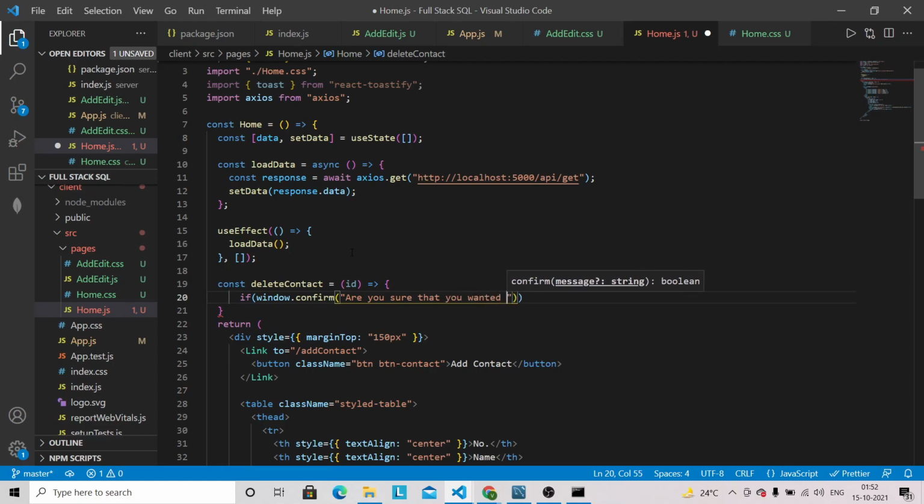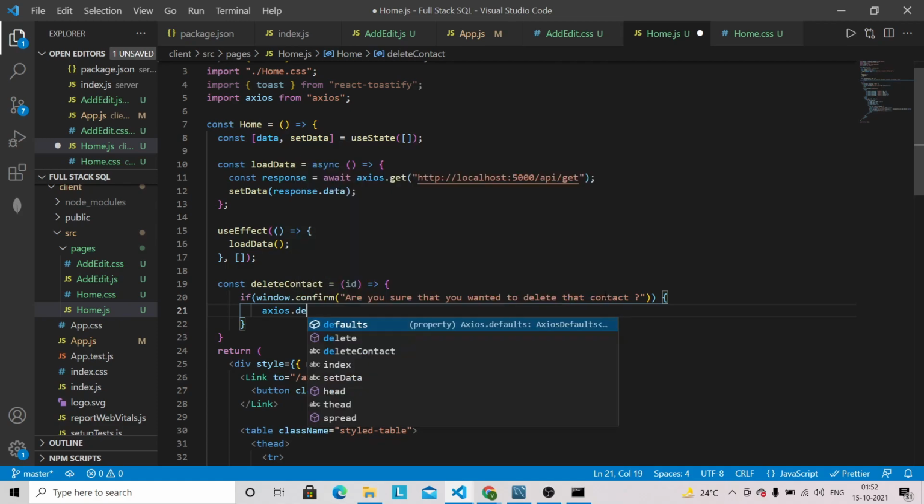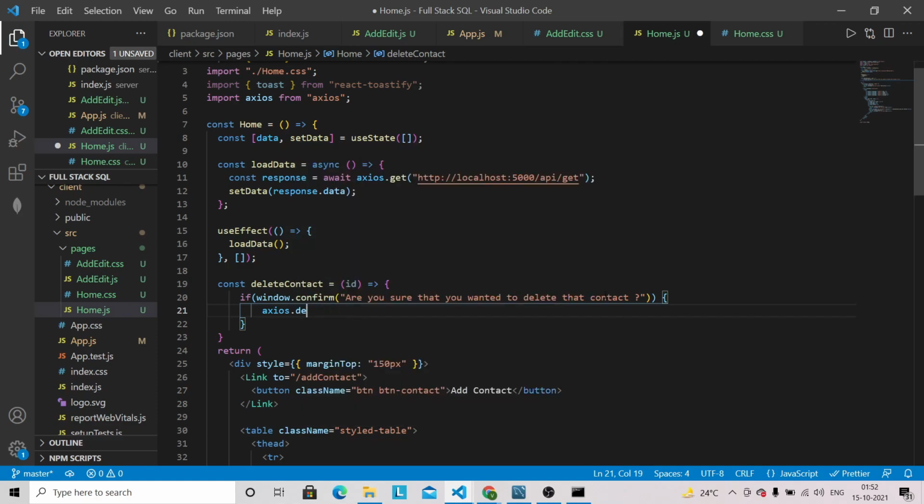So are you sure that you wanted to delete that contact? So if it clicks OK, then it will go inside this if condition, and now basically we can make the request. So axios.delete, not default, delete.